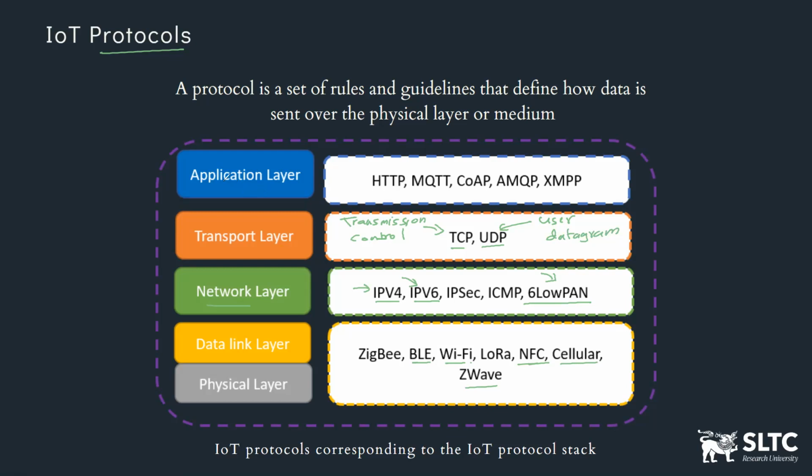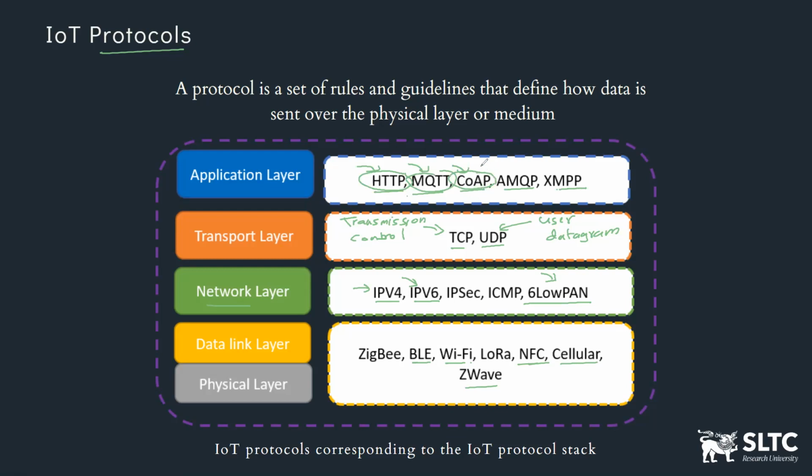Next and finally, we will discuss the application layer protocols, such as HTTP, MQTT, CoAP, AMQP, XMPP. Mainly we will discuss HTTP, MQTT, and CoAP protocols, and then we will discuss AMQP and XMPP as well. However, we will focus on these protocols mainly, and we will discuss more about MQTT and CoAP protocols,